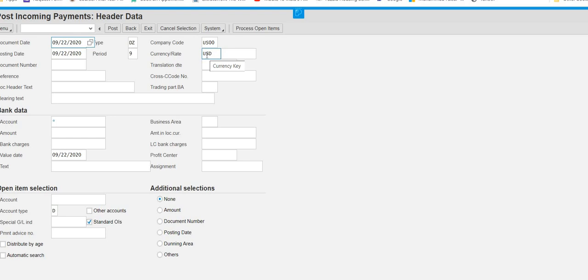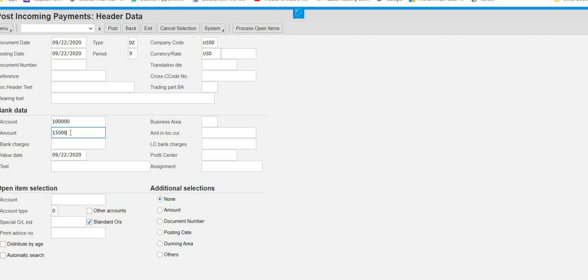Now they are saying you have to enter 1 then five zeros in account under the bank data tab. Again, when you have the exercise you can copy paste from there. So I'm typing, and then the amount is 15,000. In the next field you will put 15,000.